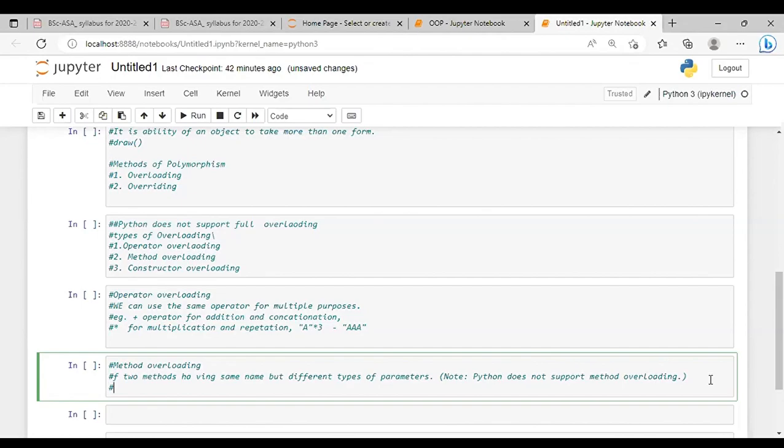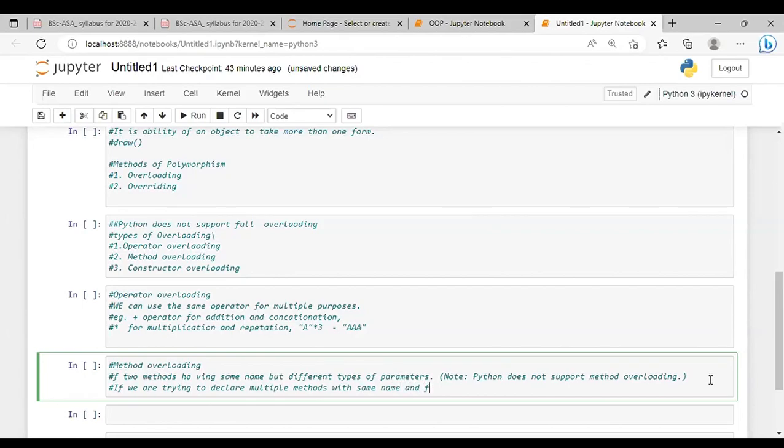Let us write one statement here. Okay, if we are trying to declare multiple methods with the same name,